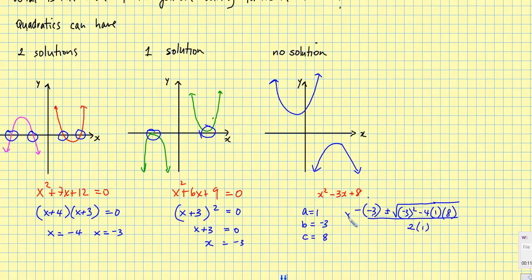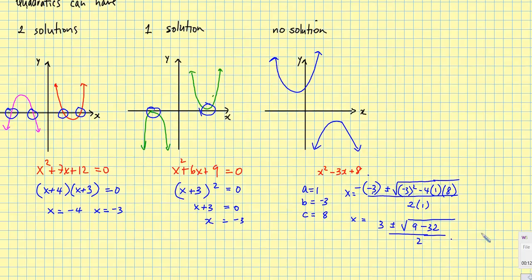And what ends up happening here when we're figuring out our value of x is that we get 3 plus or minus, and I'm going to get 9 minus 32, all divided by 2. And this gives me a negative under the square root sign. And if I have a negative under the square root sign, I've got 3 plus or minus, so 9 take away 32 gives me